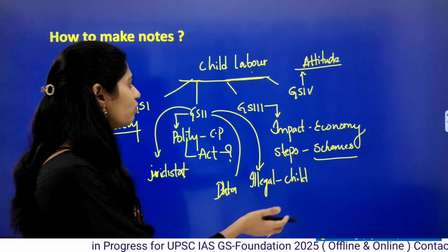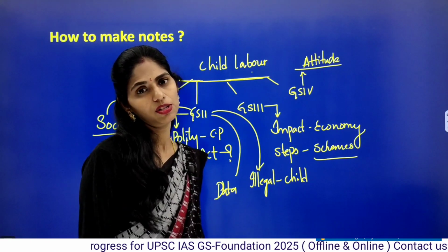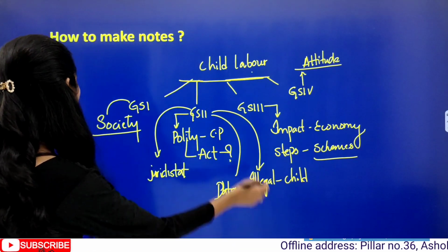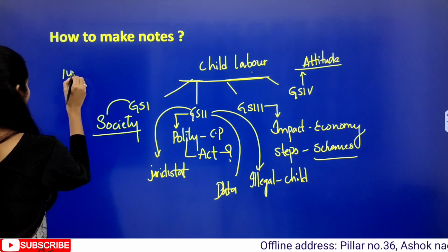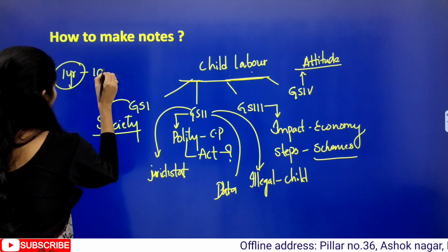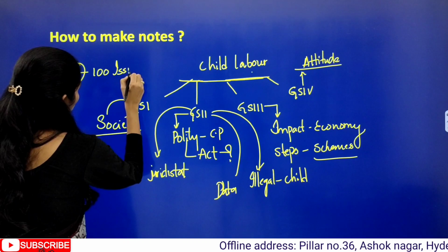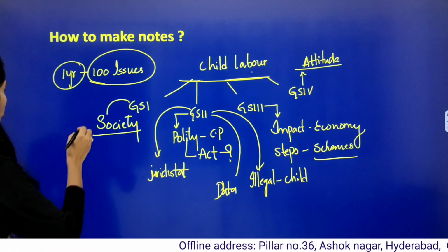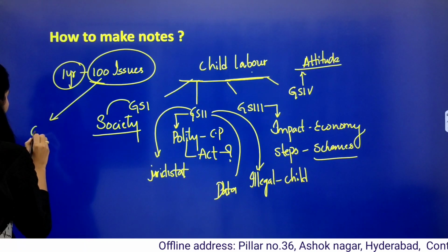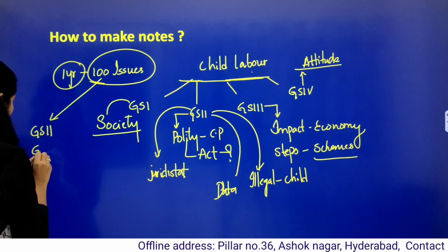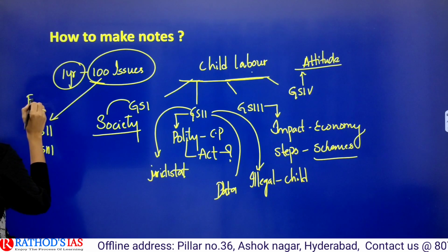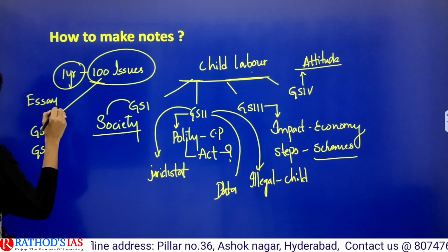So in this way you have to make the notes in a multi-dimensional manner, okay, so that will be very helpful, because if you are preparing at least 1 year of current affairs, there will be around 100 issues. So notes on the 100 issues, right? These issues and notes are very helpful to write your GS paper 2 and GS paper 3 answers in your mains, and it will be helpful for writing your essay also.